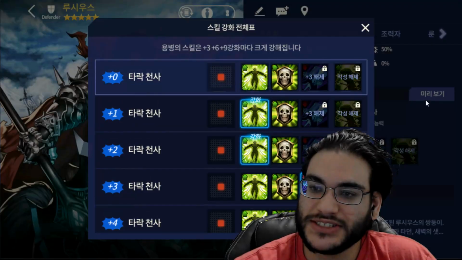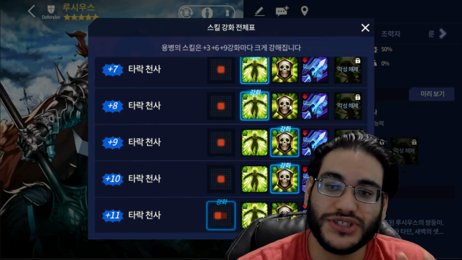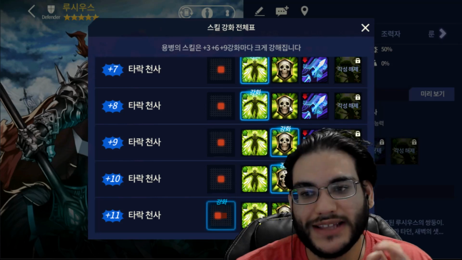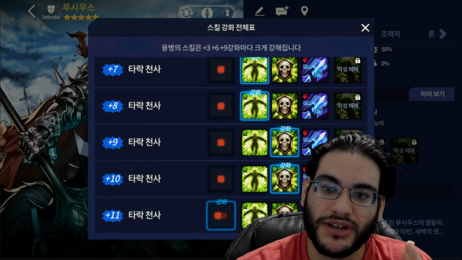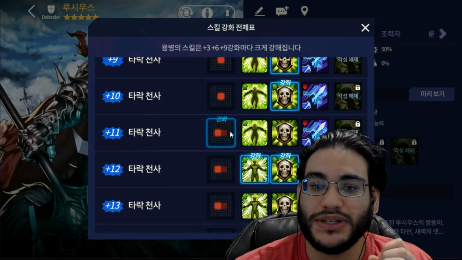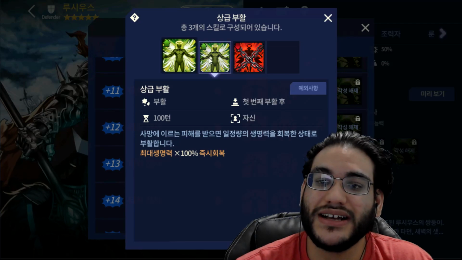So obviously, let's go into Lucious first. He's the easiest one. Everyone knows Lucious normally has 4 death cards, and then at 9 he goes to 5, and then he goes to 6 at plus 10. Okay, now at plus 11 he gains 2 range, and then at plus 12 he's actually going to get a second